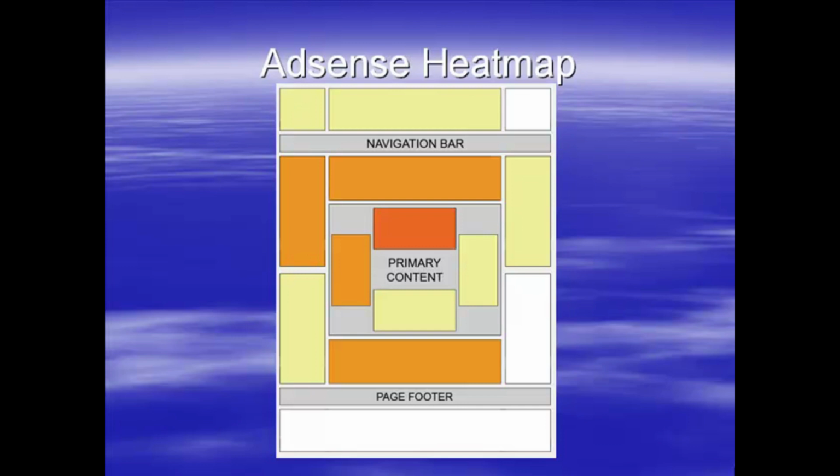The darkest orange right in the middle, that's where people's attention is focused. The next lighter shade of orange is also a very popular place to put ads, where you get people's eyes drawn to it. Where they've got the white blocks, basically don't bother putting ads there. You can test it by all means, but Google have found in their testing that nobody ever really looks at that area or pays attention to it. So it gives you an idea of where to place your adverts and where people's attention is.